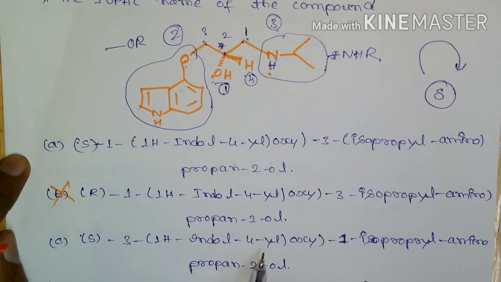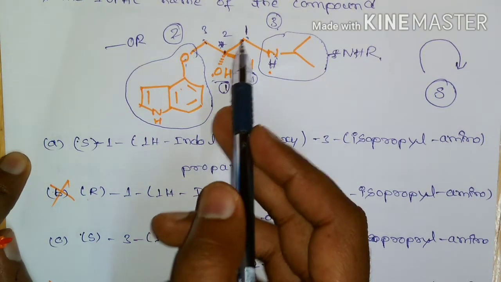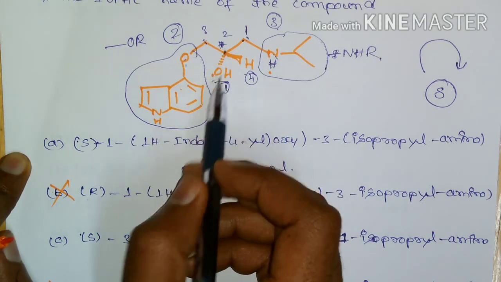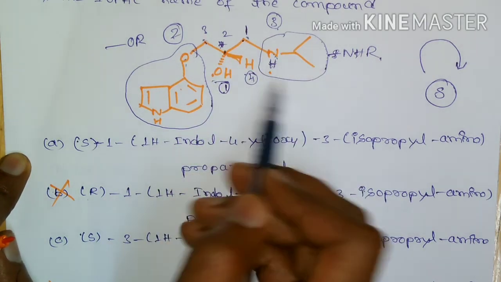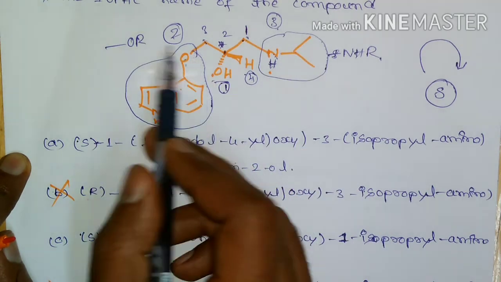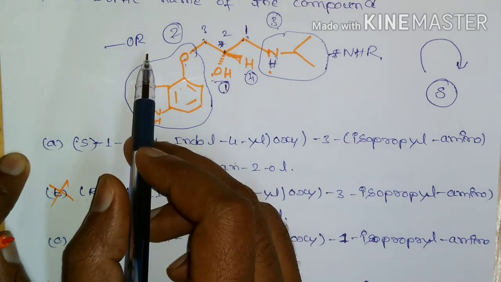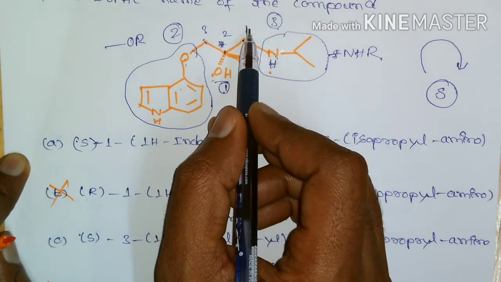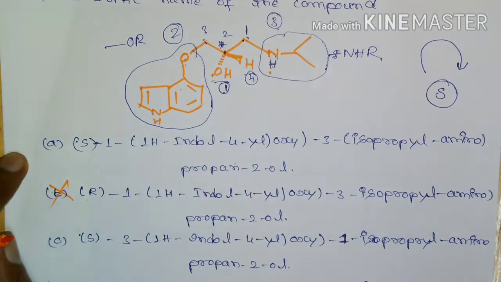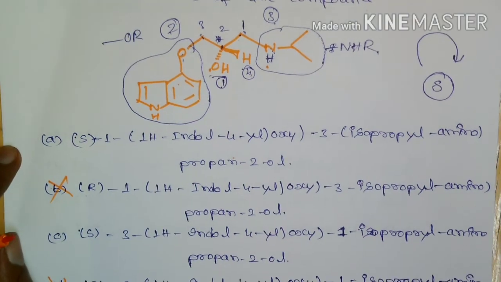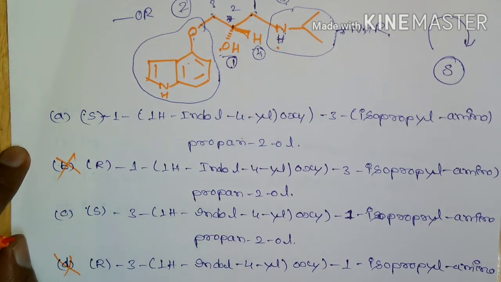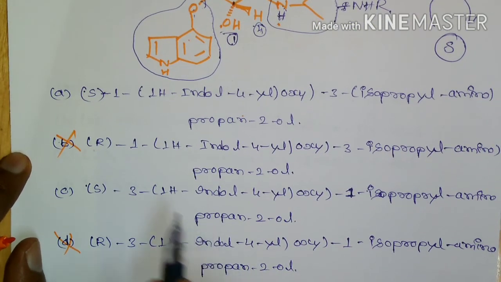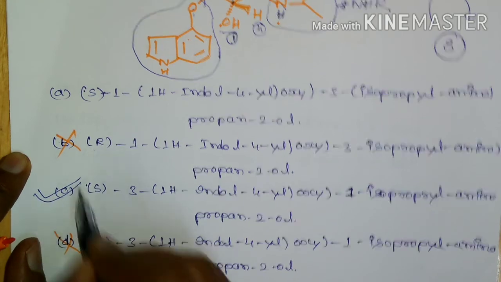Hydroxy, anyhow, if we number in either direction, it is going to take the second carbon atom. But here this is going to act as a functional group, while this always acts as a substituent. So the numbering will be from this substituent, 1 2 3. So among these, the S configuration will be the correct option.